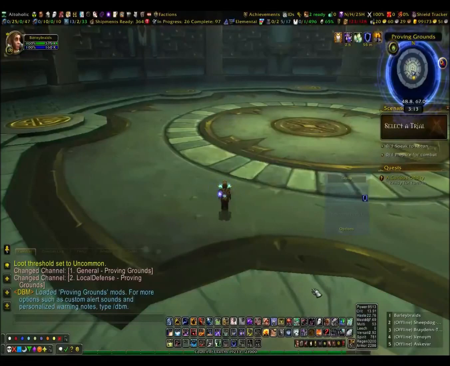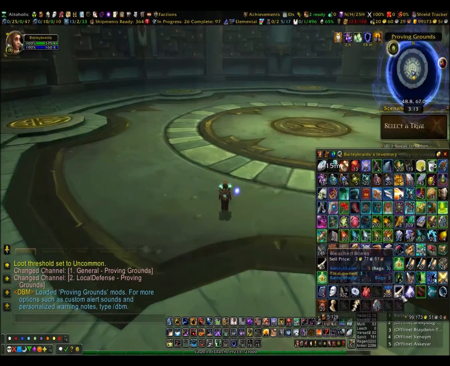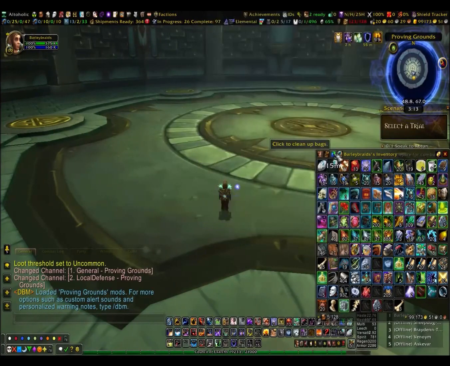Bagnon is a bag organization add-on that gives you lots of tools for viewing and sorting your bags. You can, but do not have to, display all of your bags in one panel, like that. I'm moving some stuff around to show you the sorting feature. With just one click,